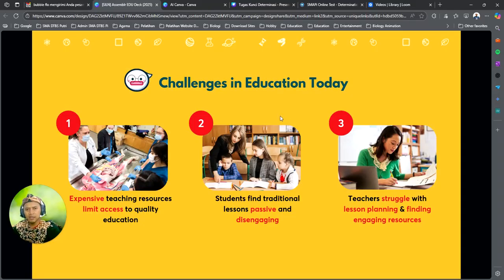There are three key benefits. First, Assembler Edu offers affordable hands-on learning without expensive equipment. You don't need a high-end device or costly tools like in the image. Just a smartphone or tablet is enough to bring lessons to life with 3D and AR activities anytime, anywhere. Second, it keeps students curious and actively engaged. Interactive lessons spark exploration and creativity. So, no more passive, boring classes.